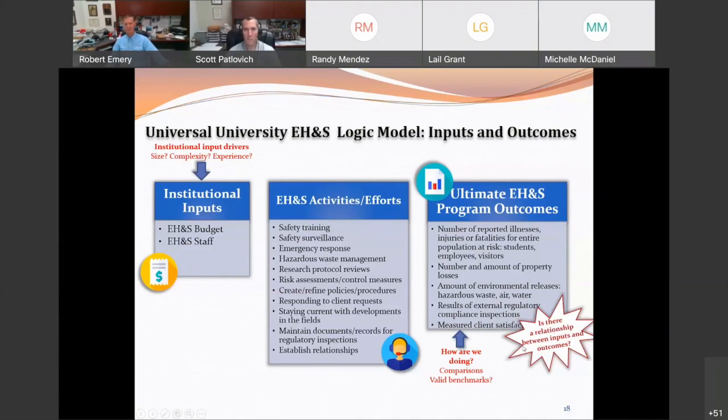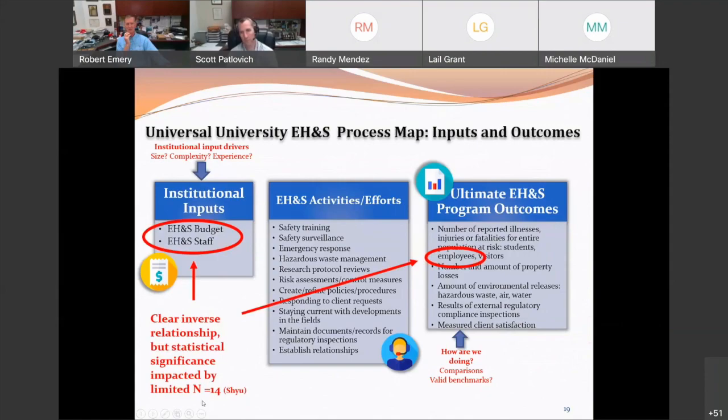And so the question we had is, is there a relationship between inputs and outcomes? That's a really intriguing question. The problem, and we actually did the analysis, is that the sample size here for the University of Texas system is only 14. So it's very difficult to get a statistically significant relationship where we looked at, and this is publicly available data, the EH&S budget and staff, and then the number of employee injuries as an outcome.